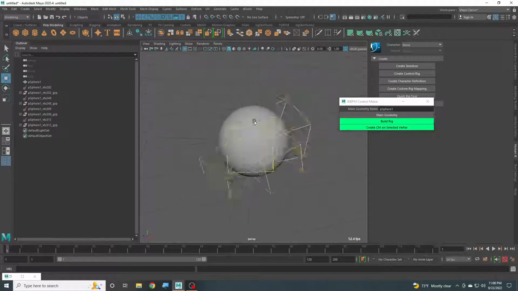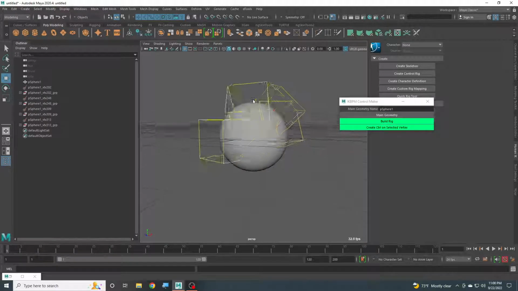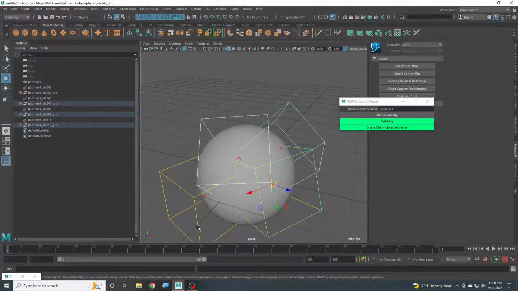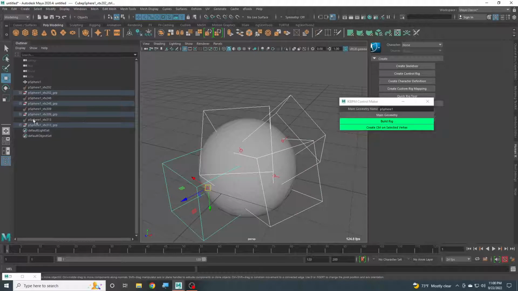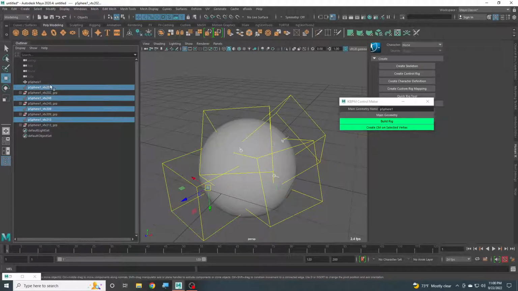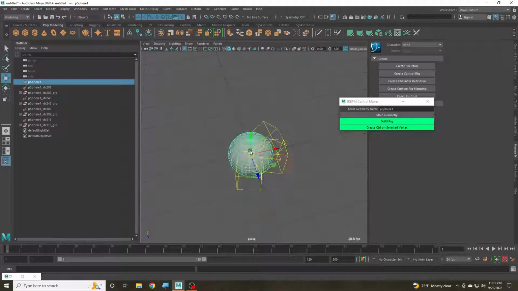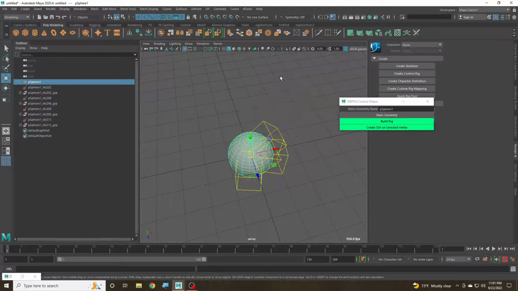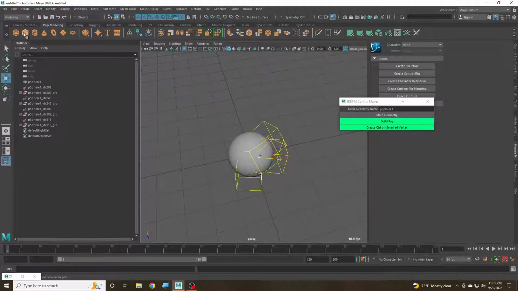See, only the 4 controller is created, and for the follicle also. Okay, and if you move now, that will really help. Or if suppose I need to